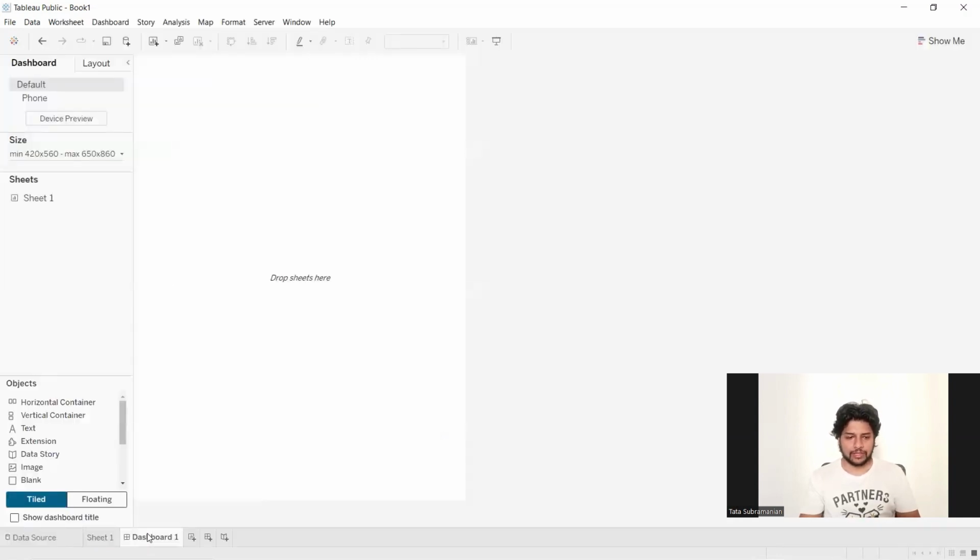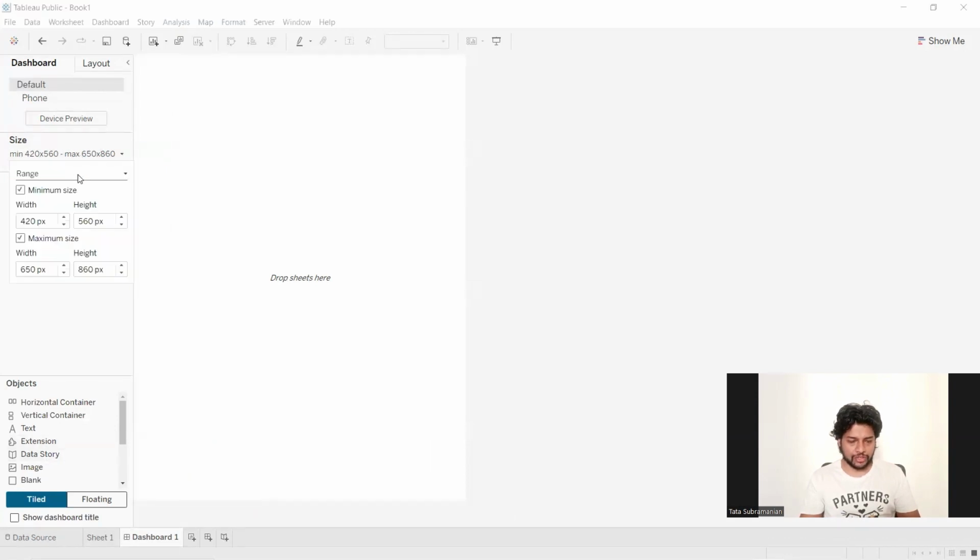Okay. Now, the moment I have gone over here, you can see the dashboard layout right over here. We are yet to make the charts, which are required to build in this dashboard. But right now, let's focus on building the structure which is required for the dashboard. So here, I'm going to